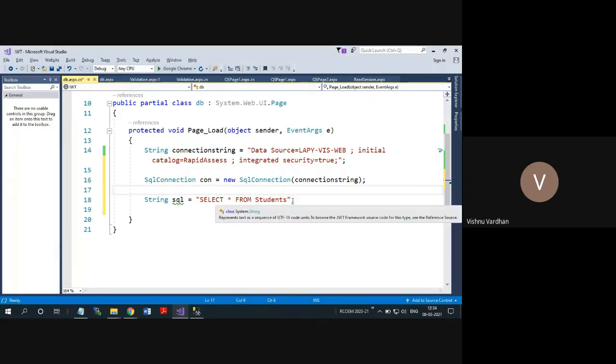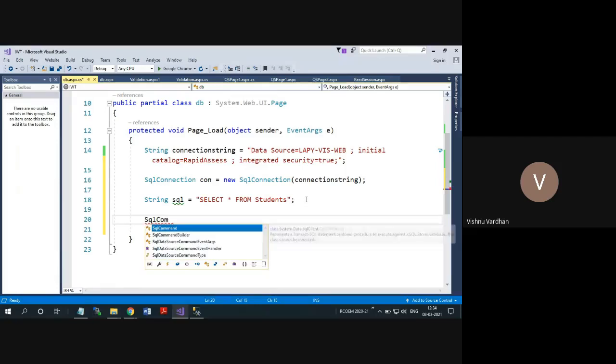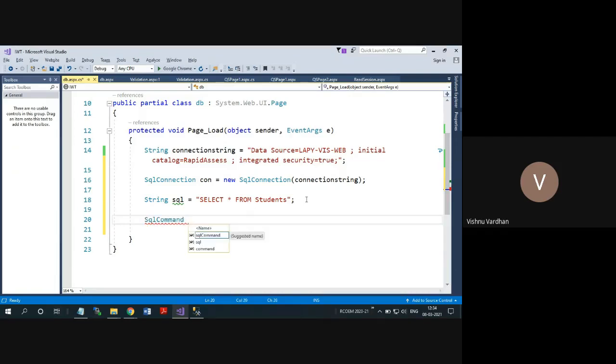from students. And then the next object that we require is the command object. So SQL command. You can see here that IntelliSense is automatically taking up the object name. Provide any variable name, new SQL command. Then again, you can see one more overloaded method, in which you can directly take the command text.